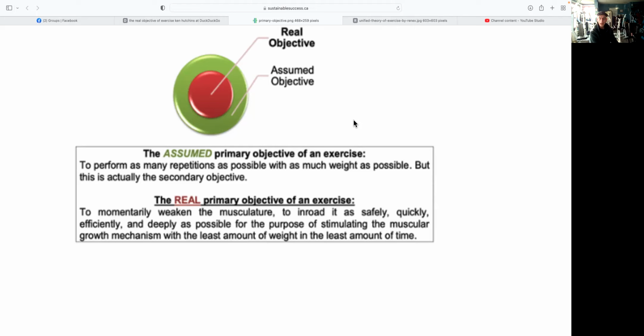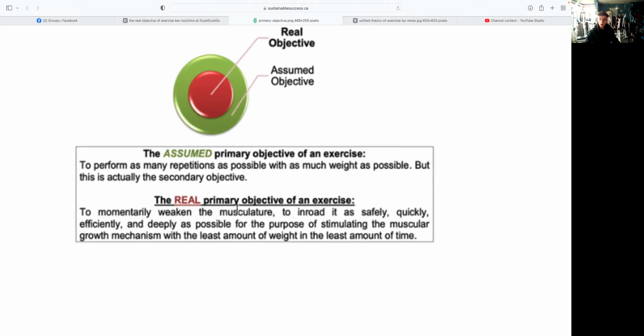Now, what is the trigger that actually creates a stimulus for your body to do the adaptation? I'm going to start backwards here and go back to the assumed objective.